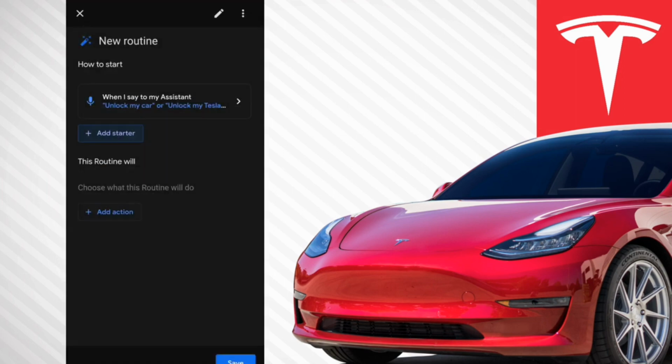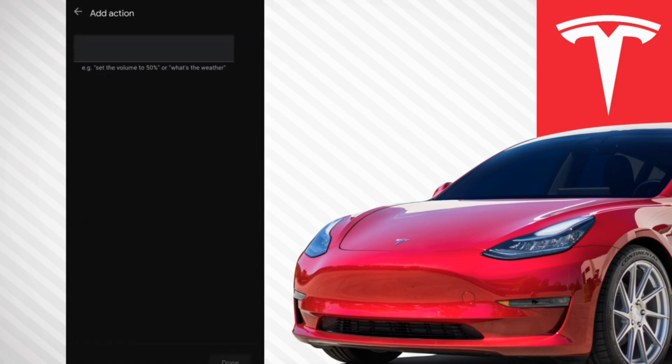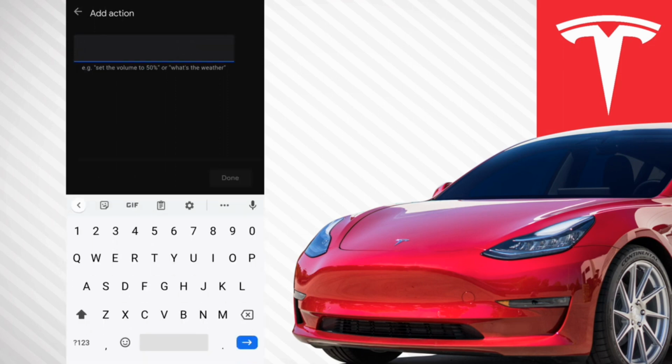And here's basically where we're simplifying the process. We have to scroll down to the bottom, it says try adding your own. So we're going to set it in our own. Basically what we're going to do here is set up the exact command I said before. Again, you can use run, start, do, set, or send. It honestly does not matter because we're never going to use this ever again. So we're going to say run unlock in